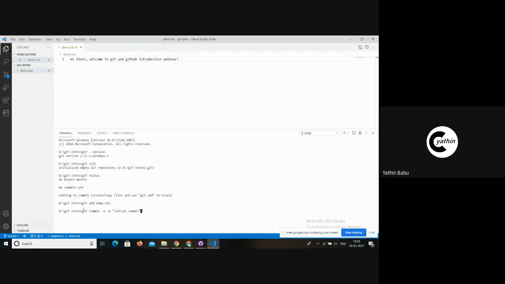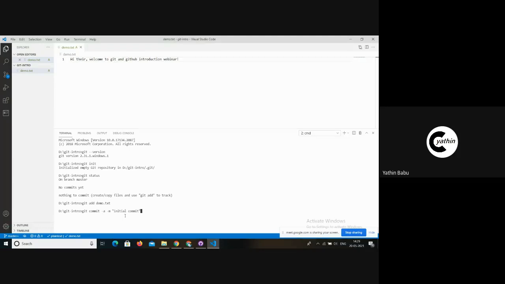So in this git command, git commit -a -m in double quotes, initial commit. What this command means is that right now we are committing the text file demo.txt to the Git repository, so that it can track the further changes happening to that file.